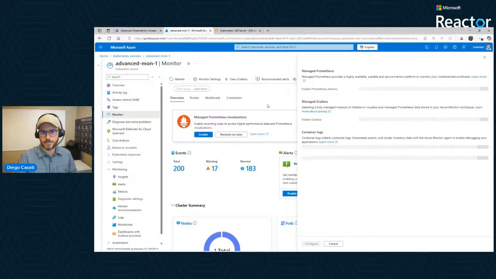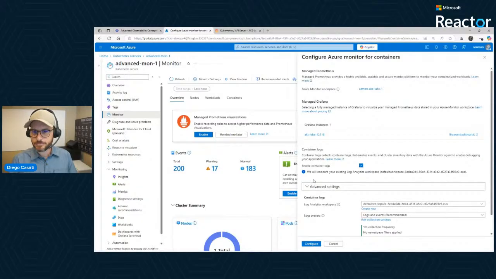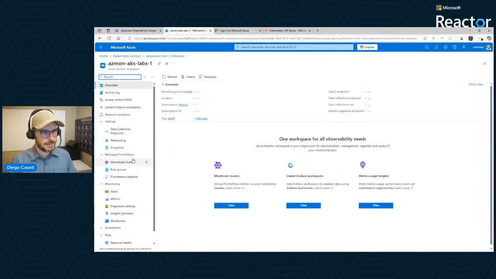So I'm just going to wait for that to finish there. When I go back here and check on the Kubernetes side, on the AKS side, how things are going there, and is everything correctly done? Yes, they are. I do have an Azure Monitor Workspace, which I'll show you right now. So we click in there.